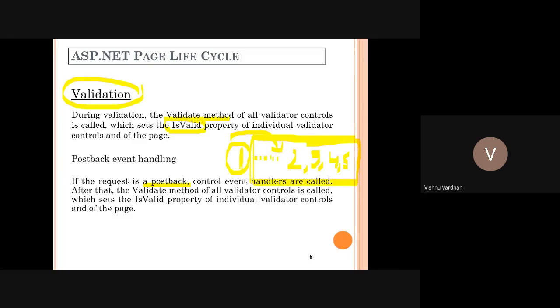Then that information is sent back to the server. Again, it was loaded with some additional information. Again, it was sent to the server. Again, it was reloaded by another information. In that way, the postback mechanism will work.